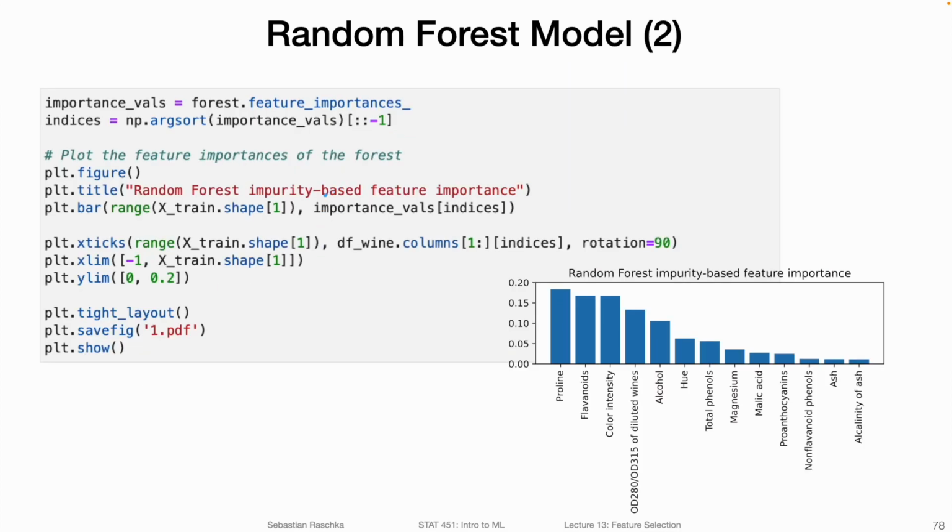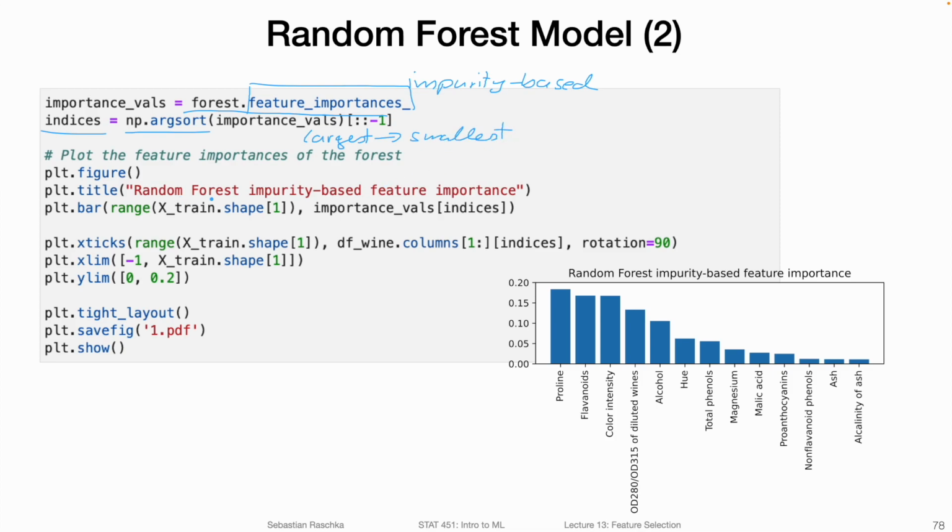Before we look at the permutation importance, just for reference, again, here is the impurity-based importance. So this is the random forest impurity-based importance that we have discussed already in a previous video. Again, this is just for reference, where we access this feature importance attribute after fitting the model. Then we are applying argsort so that we are obtaining the sorting order of the importance values from the largest to smallest.